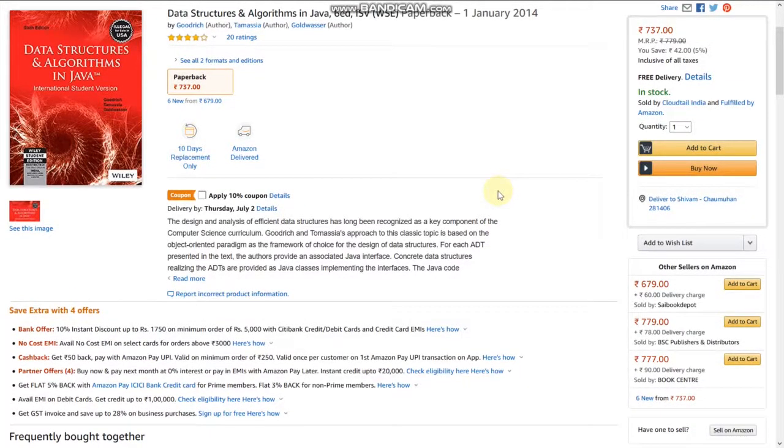The good thing about this book is that it not only focuses on data structures and algorithms but also on Java, which makes it an ideal choice for Java programmers. Though it doesn't cover a lot of algorithms, it does cover algorithms related to directed acyclic graphs and minimum spanning trees, and comes with a lot of exercises for practice. I have also read this book and it's great. For Java programmers it's a beginner friendly book, so Java programmers must go through this book.